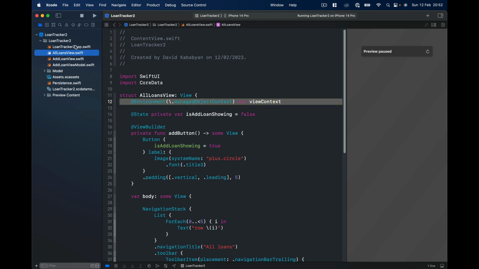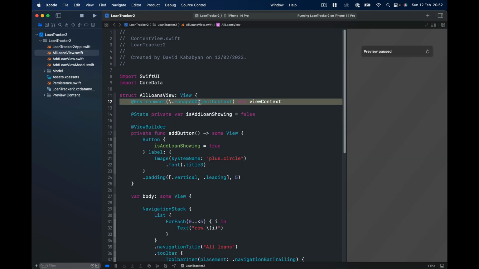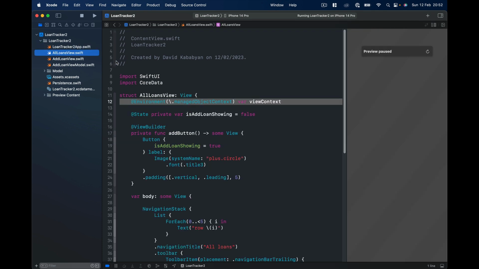Okay, so this environment object we are passing here, actually our entry point is all loans view, and we are setting this environment object for our managed object context to be whatever we have here. So now we have access to that. If you don't have this line here and you try to access it, your application will crash. So we have this view context, all right? So we can use the view context in order to get our